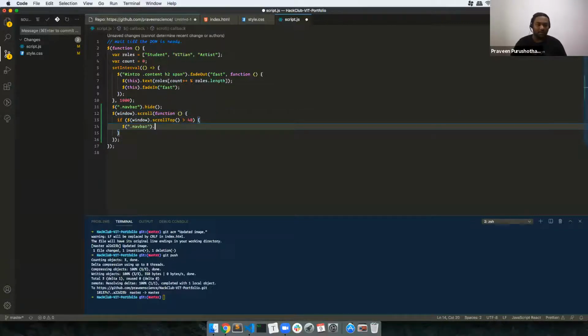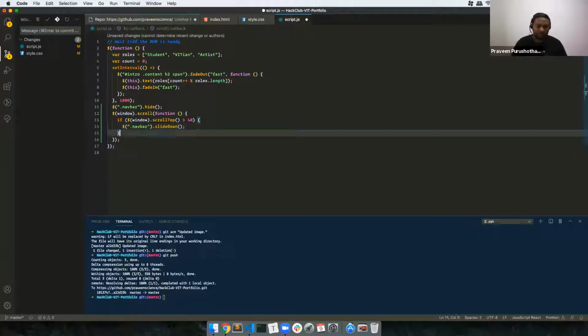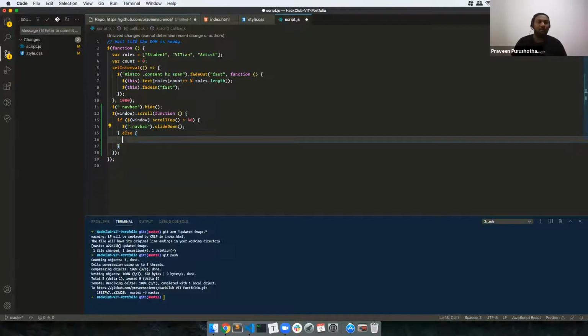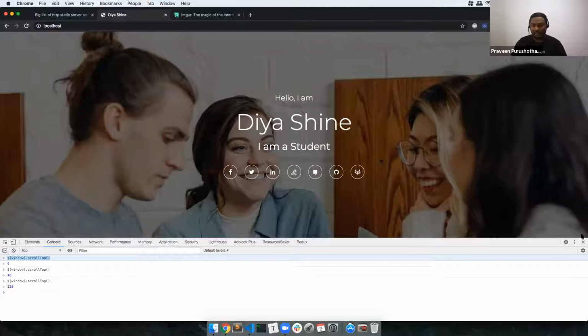I want it to slide down. If it is not more than 40, I want it to slide up. Slide down and slide up are jQuery animation functions.